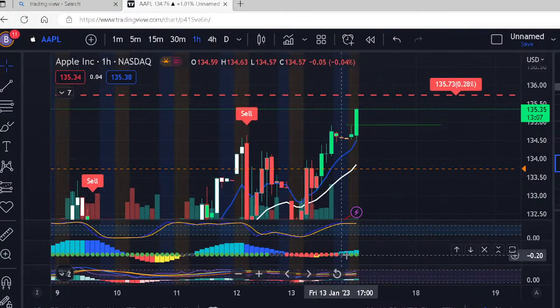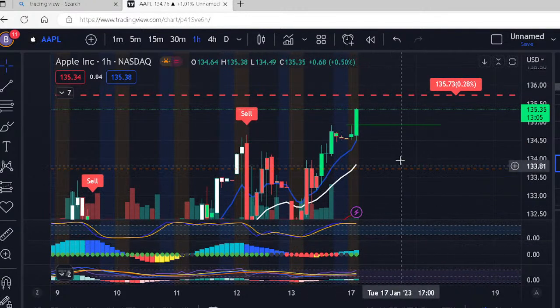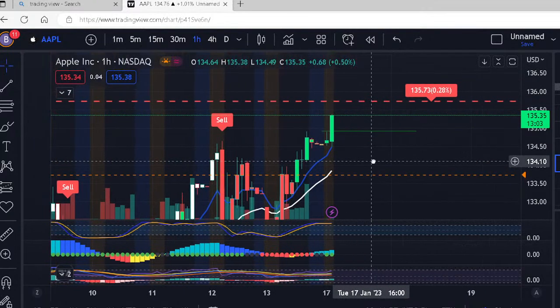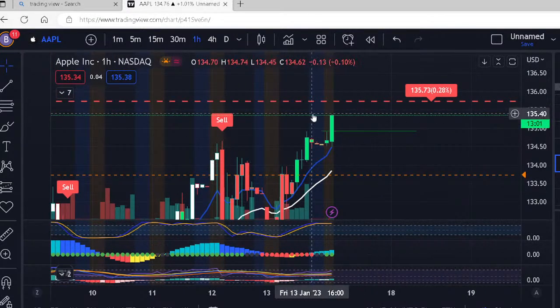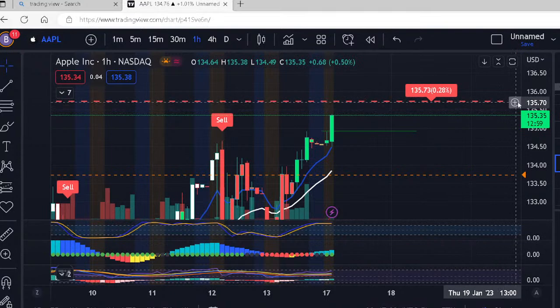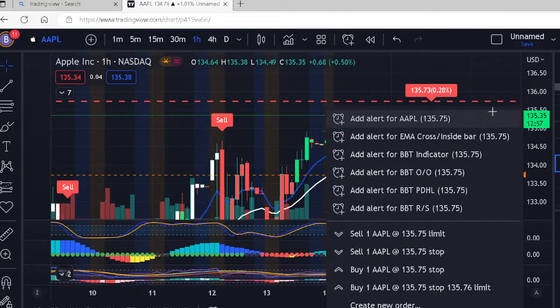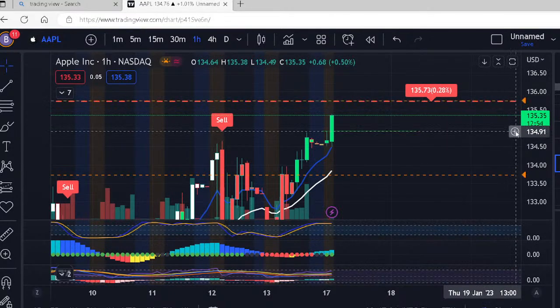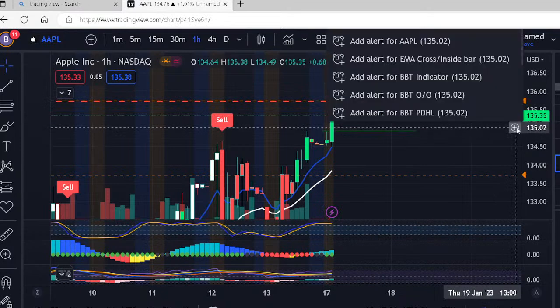Now it could also fire to the upside and then fire to the downside, so it's something you've got to keep an eye on. Apple, I'm going to be watching for sure. I'm going to put in a price alert right here, and then I'm going to put another price alert right here, right before previous day high, because